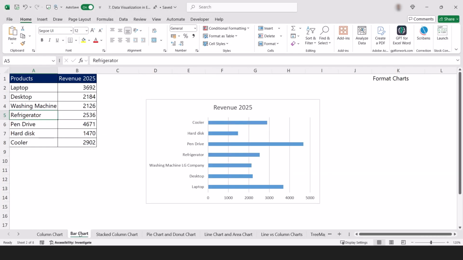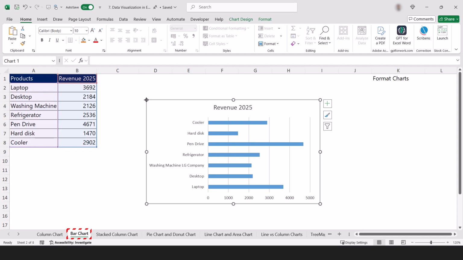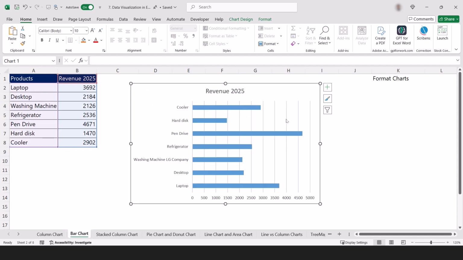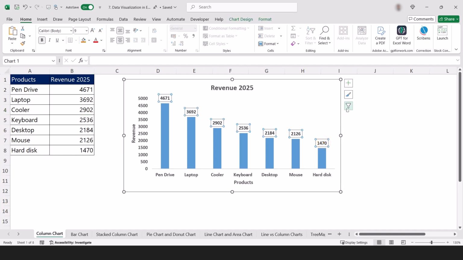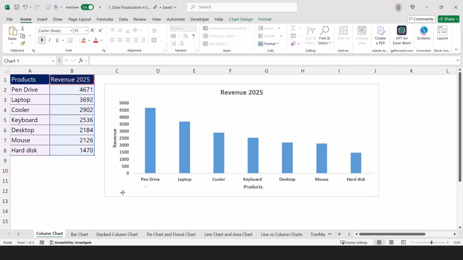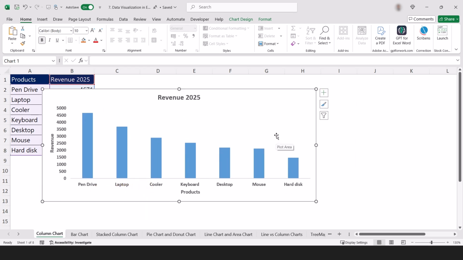Now similarly, you can also do the same thing for the bar chart. For the bar chart as well, you can remove the grid lines, you can add the data label, remaining options would be completely the same. Now here in the column charts, you might have heard the column charts are the most boring visuals on the planet. Every meeting, every company you go, by default they prepare column charts. Now people do not pay attention to the same visuals if you keep on repeating.